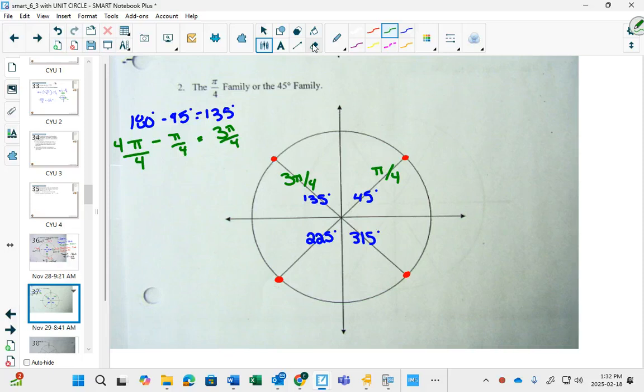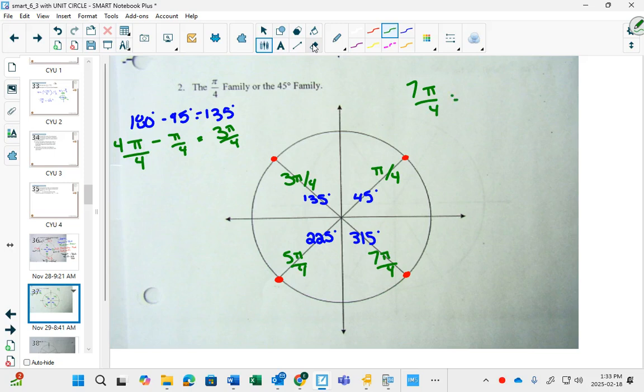And if you look at the pieces, it kind of makes sense that if this is pi over 4, that would be 2 pi over 4s. This makes 3 pi over 4s. All the way halfway is 4 pi over 4s, which is pi. Does it make sense that this one would be 5 pi over 4s? And then this would be 6 pi over 4s, because they're all equally cut. They're all the same size, so you can actually count them as you're going around to figure them out. But you could have also figured out the 7 pi over 4